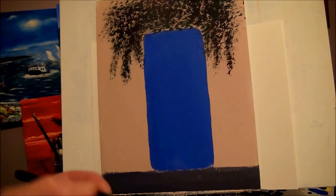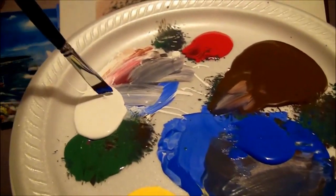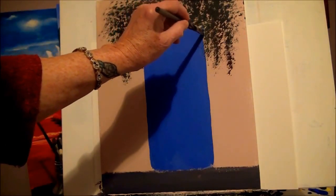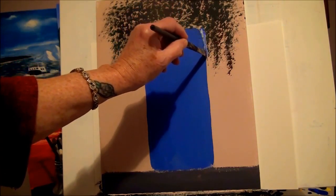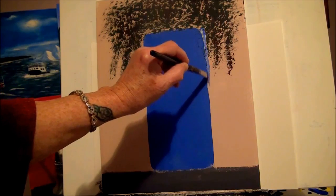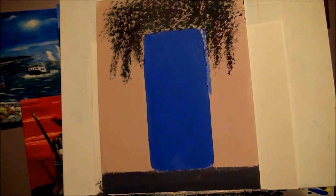So now I'm going to take some blue paint. Let's see now how we can do this. Let's take some blue paint and add a little bit of white. Don't mix it, just touch it. And then we will bring it around this door here. See how the blue and the white are separating? That's what gives it that really nice old look, as if you had crumbling paint on your wood. If it starts to mix too closely, then go back in and get some more white, because we don't want it to be...